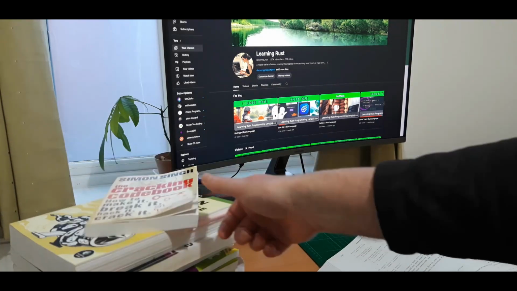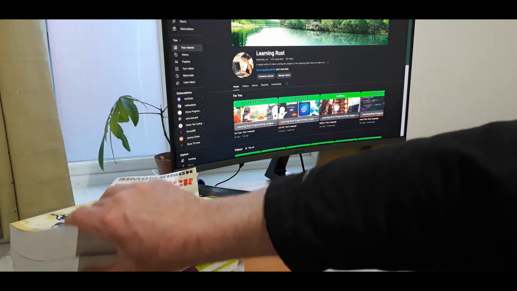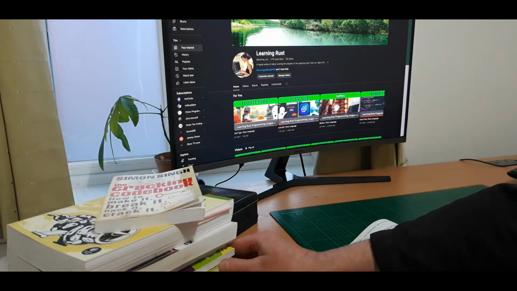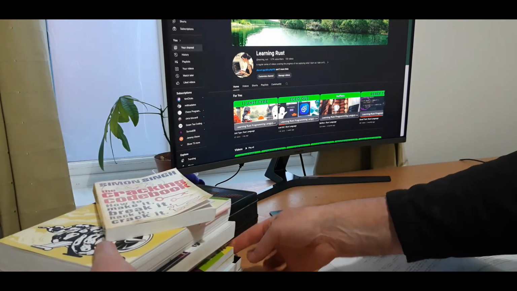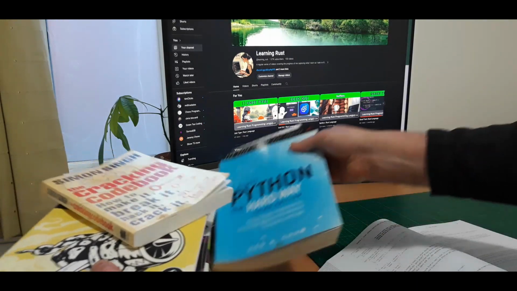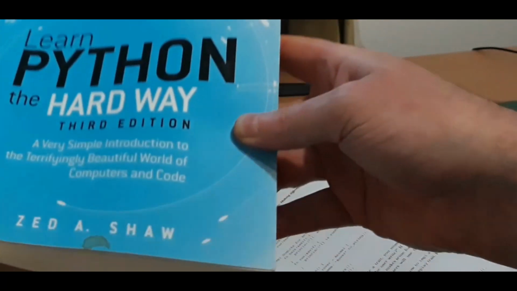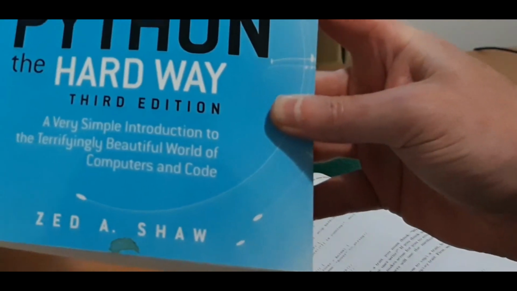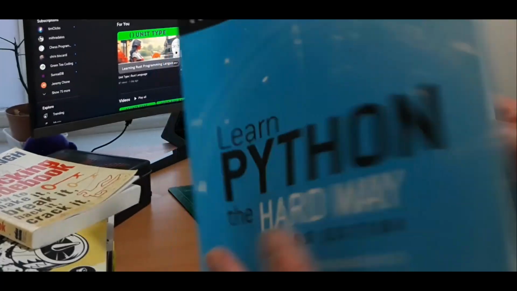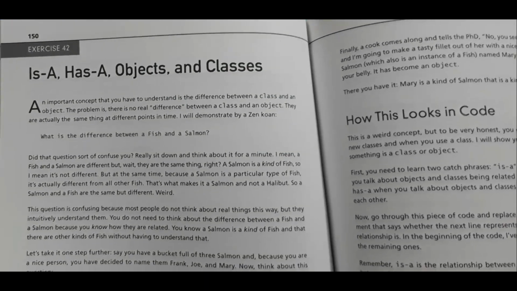Let me show you probably the first significant book that I bought. When I say significant, it's probably the first book that I tried to work through systematically. You might recognize this from your own past. So from this book, the most important thing in my opinion was this chapter